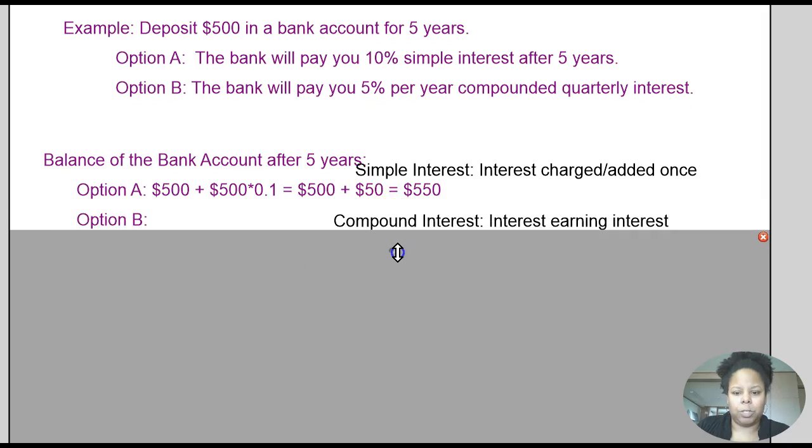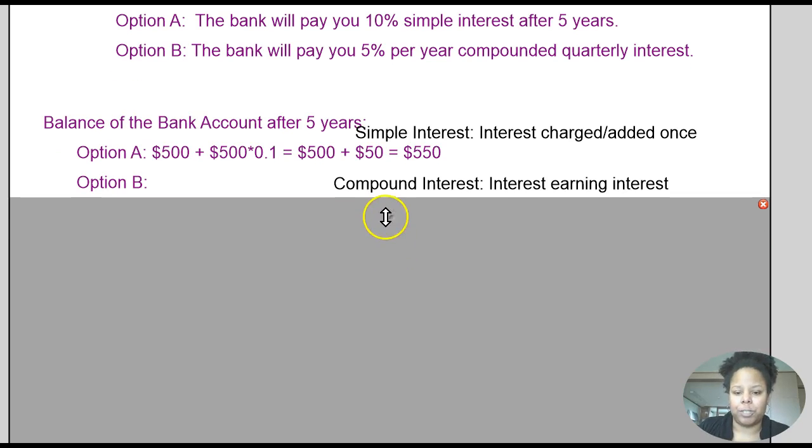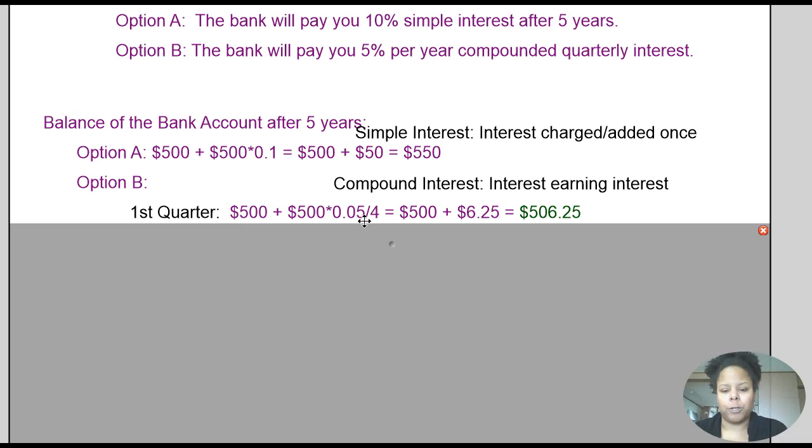Then option B, which is compound interest, which means basically interest is earning interest since it's being charged throughout the duration of a year or multiple years. So after the first quarter, interest is going to be applied, not the whole 5%, because remember it's the first quarter of a 4-quarter year. So you're only going to have a fourth of the 5% applied, which ends up being $6.25. So after the first quarter, what's in the bank account is